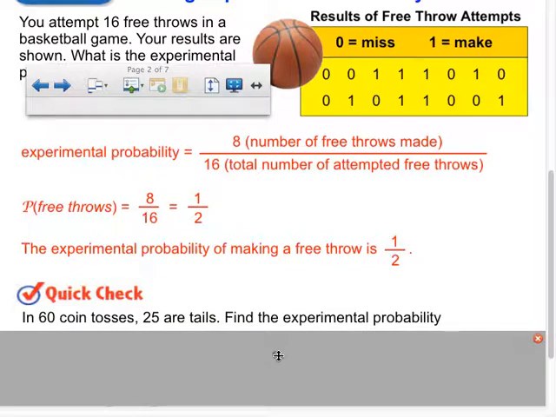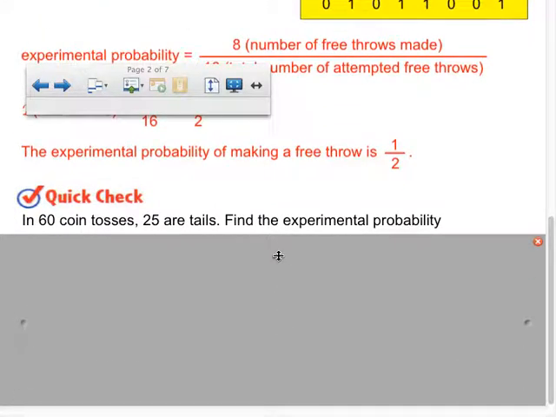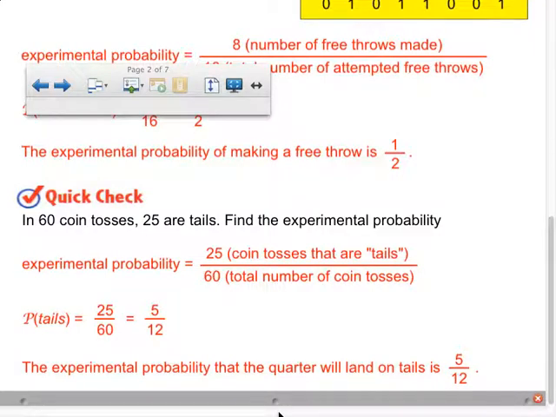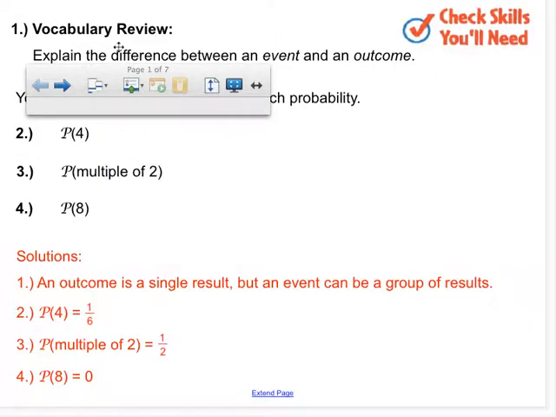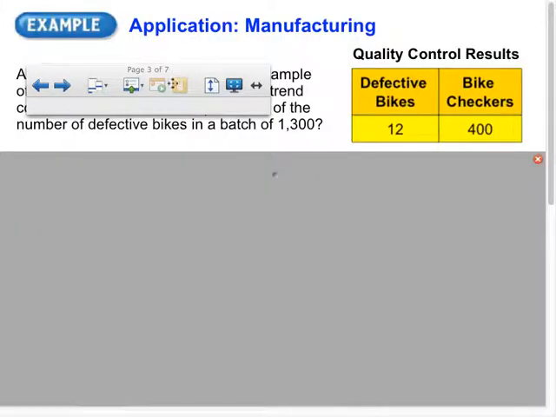In 60 coin tosses, 25 are tails. Find the experimental probability. Go ahead. Adepoju, what do you got? 5/12? Did you guys get that also? Any questions? Is this difficult? Okay, now,